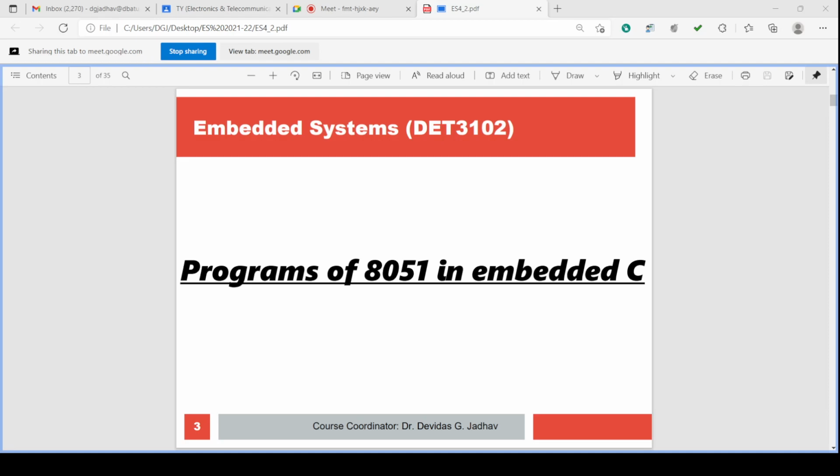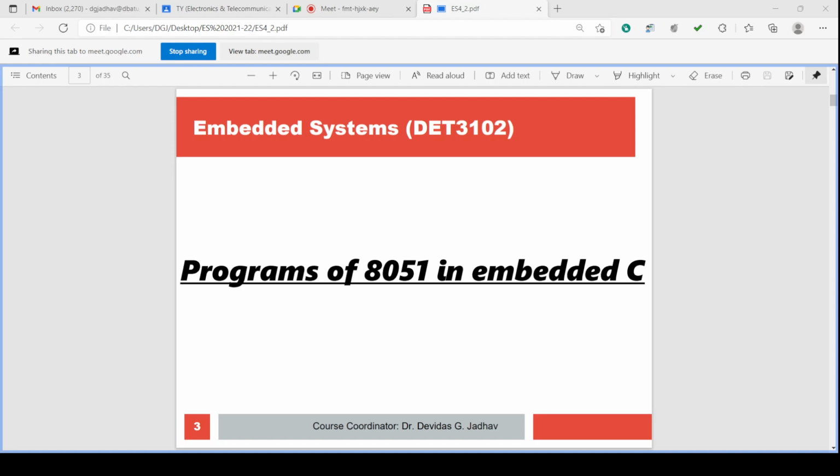Then we use the programmer: connect the programmer to the PC, place the 8051 IC into that programmer, and then use the program to transfer the exe file, the executable file, into the ROM of the IC through that programmer.